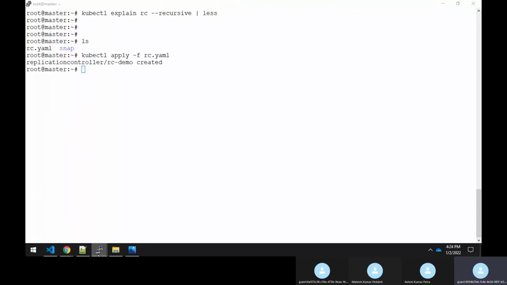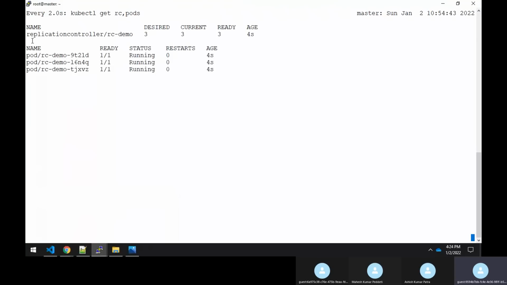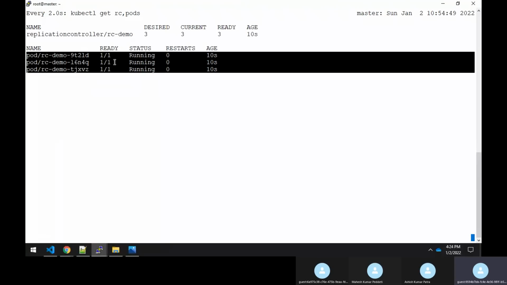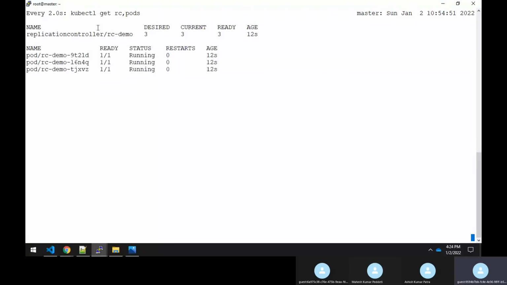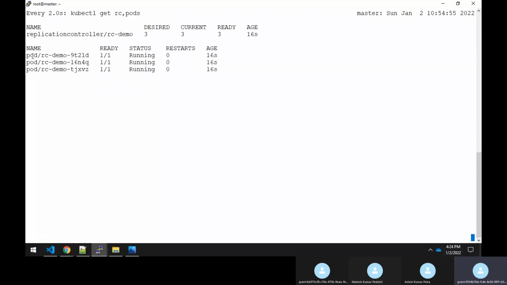When you apply it, you could see that it has created a replication controller, and there are 3 pods getting created because in this YAML file you have mentioned replicas as 3, right? So there are 3 pods running under this replication controller.